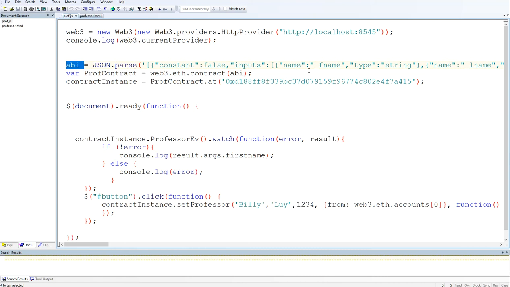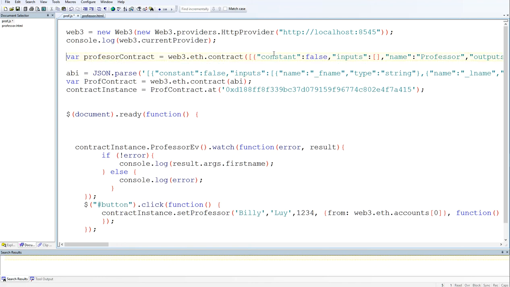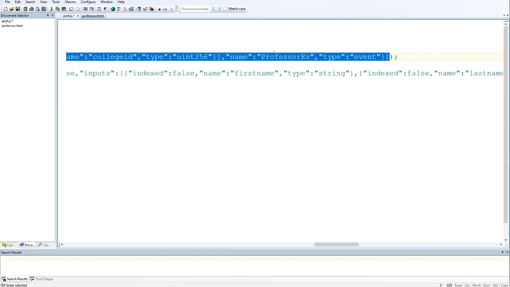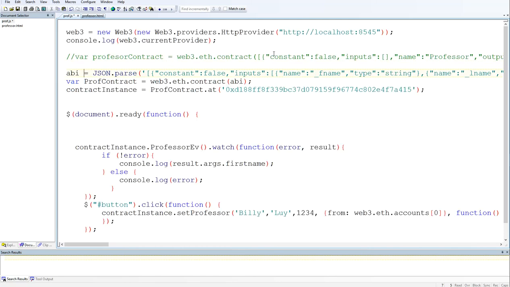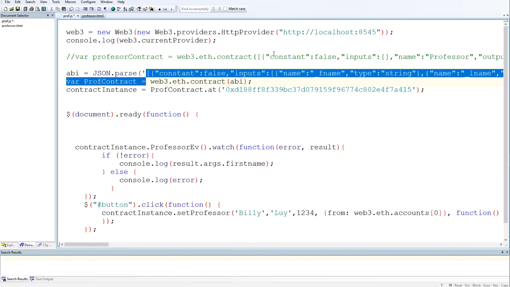You remember copying the ABI. So if you did so, you should have a line that you copied that looks like that, right? So I'm going to comment this out, and I'm actually just going to copy anything from the bracket open to the closed bracket. Okay, so I'm going to do that. I'm going to copy that,